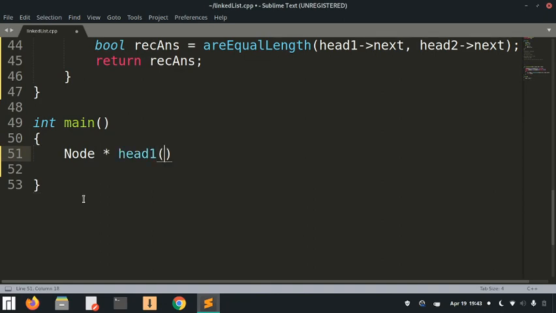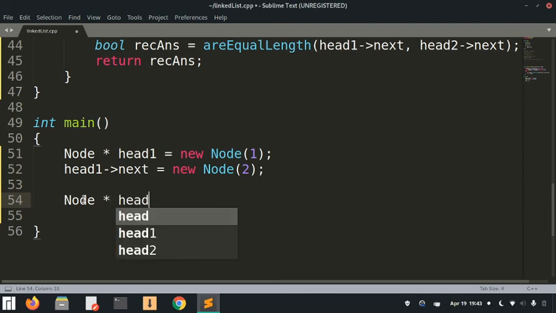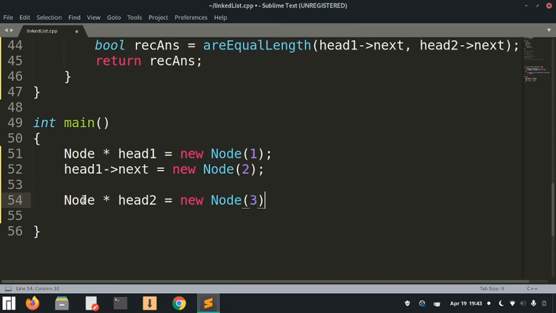Let's create a new head, and it's going to be a new node with value 1, and let's add some new node to this, and let's create a different node here, and that's going to be a node like this.